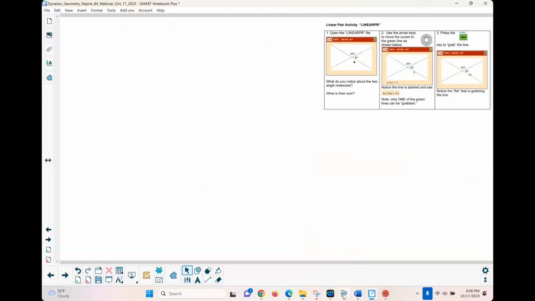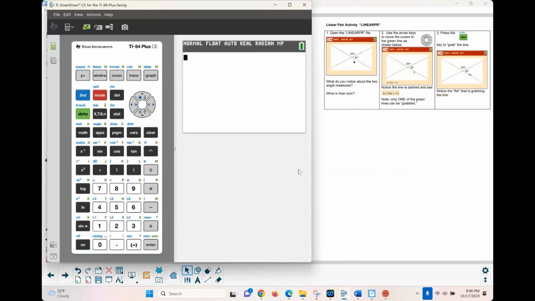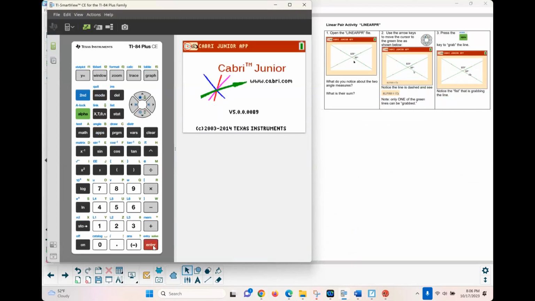So let me bring up the 84 and I'm going to go to apps. And the second one on mine is Cabri Junior. And I'll press enter. And there it is. Okay, it says press a key. So I do know the menu keys are under these hotkeys along the top, F1 through F5. So if I press Y equals,